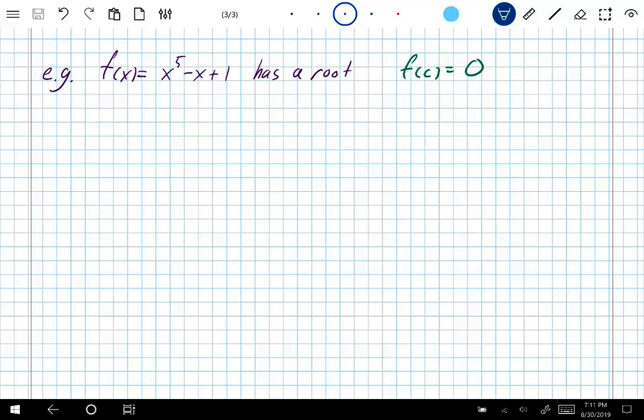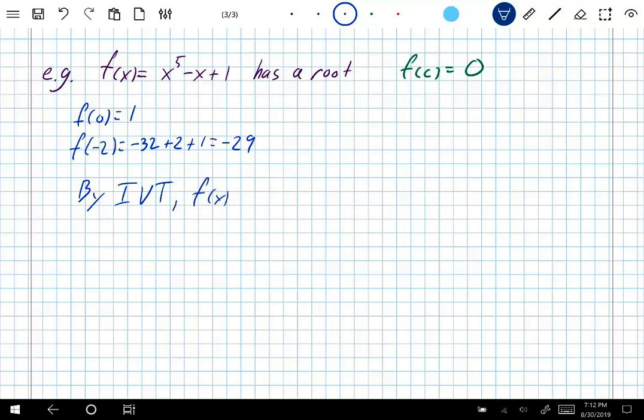Okay. However, we know this thing has a root. In fact, if you were to graph it, you would see that it should cross the y-axis, but graphing isn't really a proof. So let's prove this real quick. And it's surprisingly simple. Let's just plug in. F of 0 is, I plug in 0, 0, 1. Let's plug in -2. That sounds much better. So if I plug in -2, it looks like I get -32 plus 2 plus 1 is equal to -29. So by the intermediate value theorem,